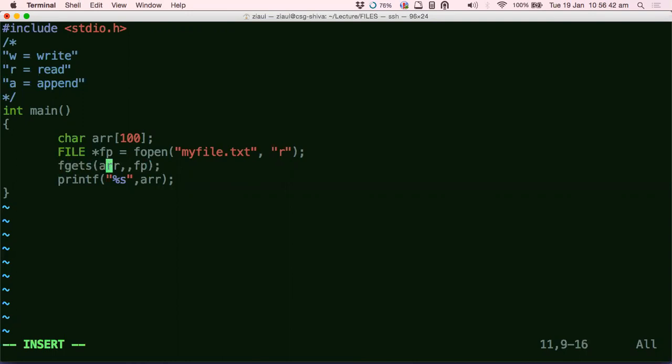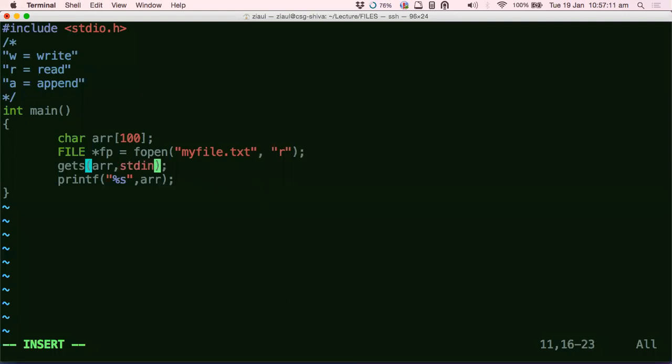So if you use fgets, you need 3 parameters, that's agreeable, because you need to say array, then length, as in how many characters you want to read, and you have to give a file pointer. That's obvious. But if you want to use gets, what happens? Gets is reading the data from your keyboard, right? So in gets, you don't know how many values you will be reading. So that's how gets has been designed. It just asks.